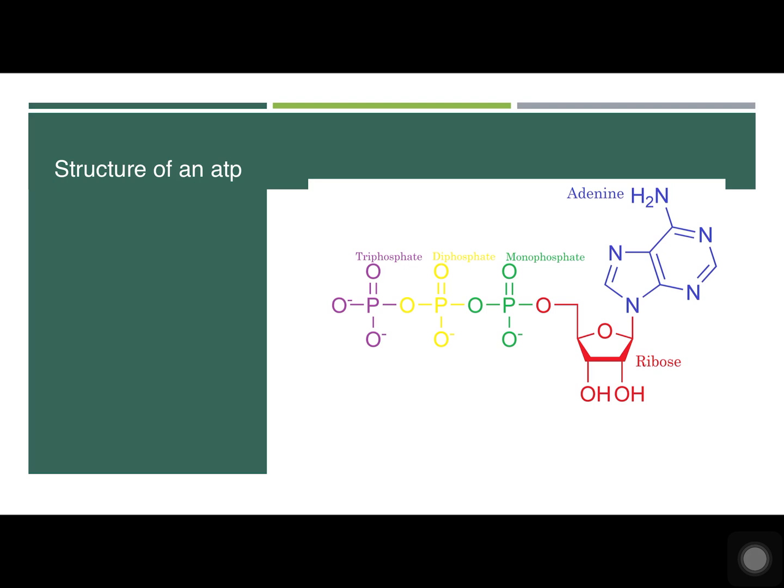This is the structure of an ATP. ATP is a nucleotide consisting of three main parts: adenine, a nitrogen-containing organic base; ribose, a 5-carbon sugar; and 3 phosphate groups, known as monophosphate, diphosphate, and triphosphate. Note that the phosphate groups are bonded to the end of the molecule in a series, rather like 3 cars behind a locomotive. Unlike the 3 cars of a train, they can be attached and detached.